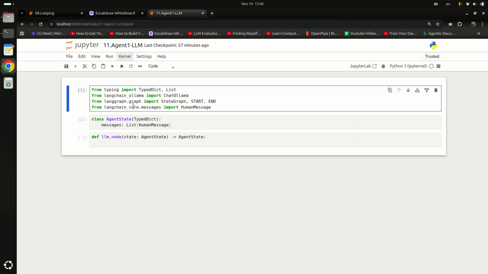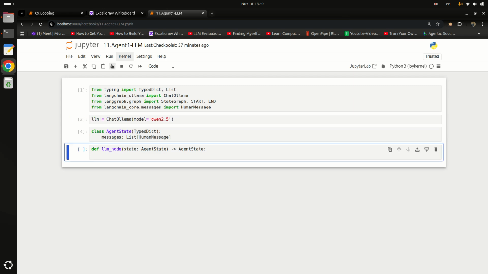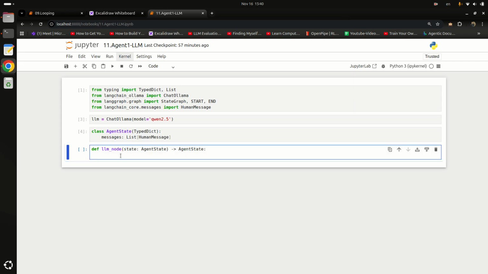But first of all we have to initialize the LLM. Here I'm saying Chat Ollama. Here we will pass the model, that will be Qwen 2.5, and let me store it in a variable, that is llm. Let's run it,